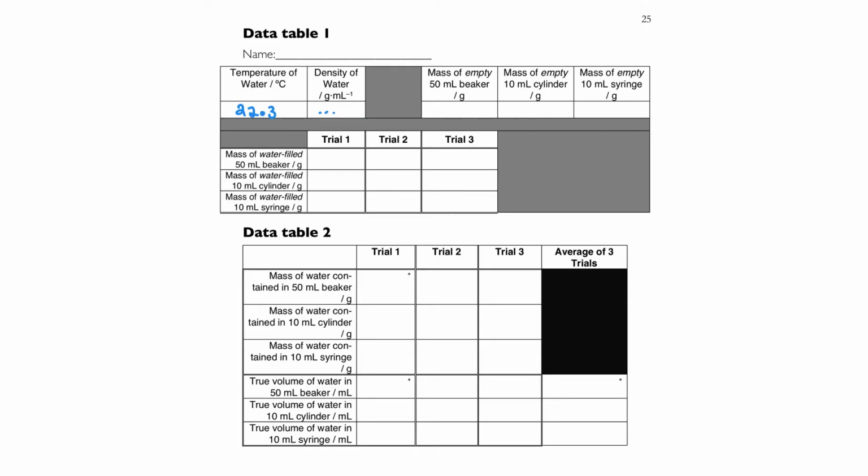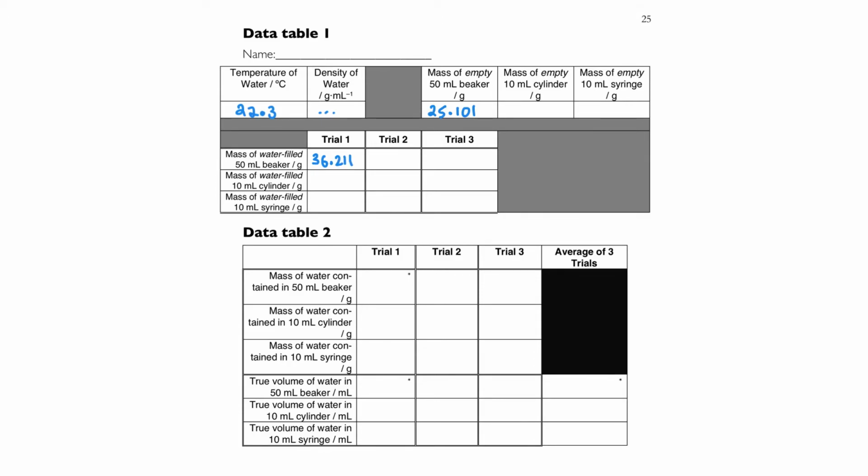And then at the top you would write your empty masses. So maybe the beaker weighs, I don't know what it weighs, 25.101 gram here. And you only have one spot here because you're just going to measure it empty, and you're going to be using the same beaker throughout, so it really isn't expected to change. And then you're going to pour water in there until you reach as close to the 10 mil mark as you can, and you're going to reweigh it on the balance,